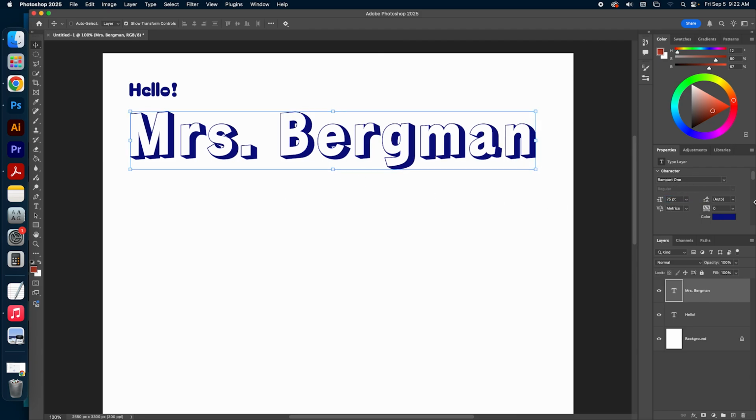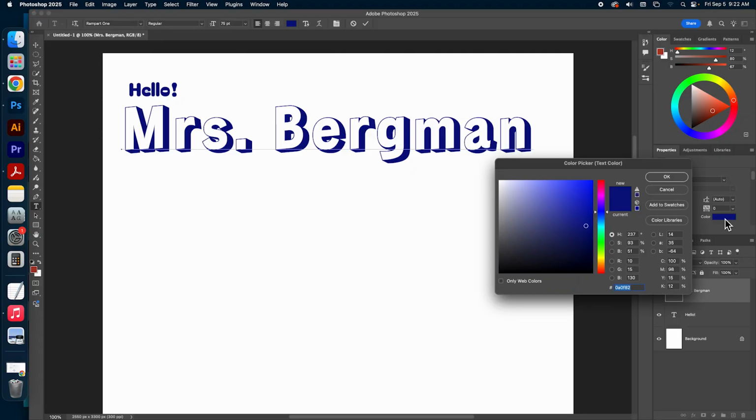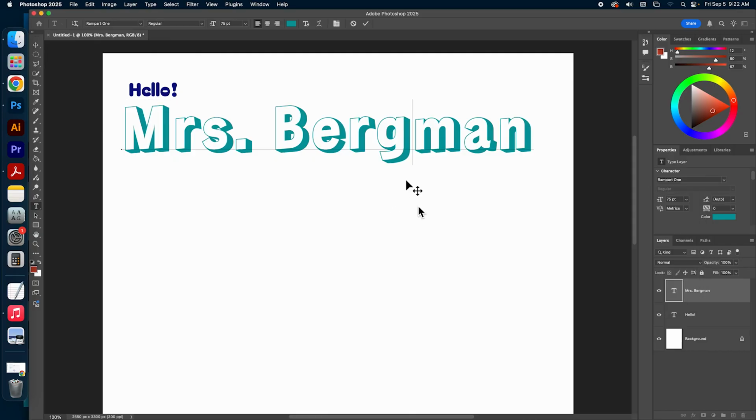So that's a good way to figure out your maximum sizes there. And then finally, let's change the color. You know I love me some blue-green. Alright, so that's the basics for the horizontal type tool.